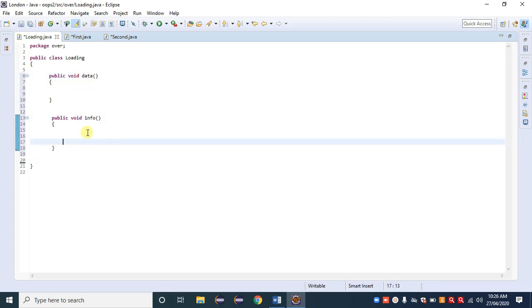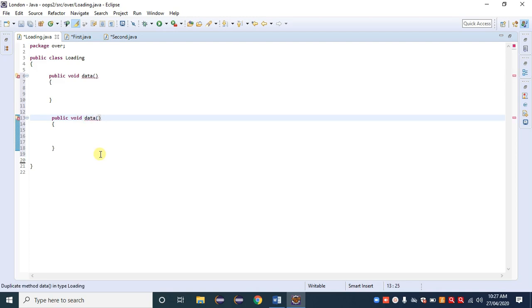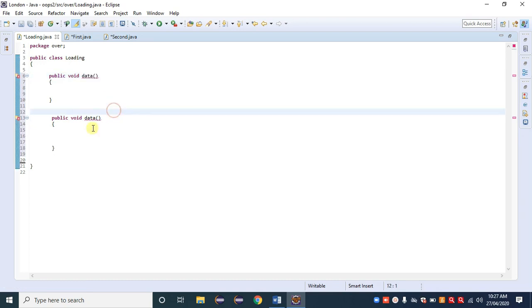Suppose my aim is to change the method name so that it is also data. As per my project or Java class requirement, I want a similar name method inside a single class. Inside the Loading class, I need a similar name method. So I just changed the name of that method here.